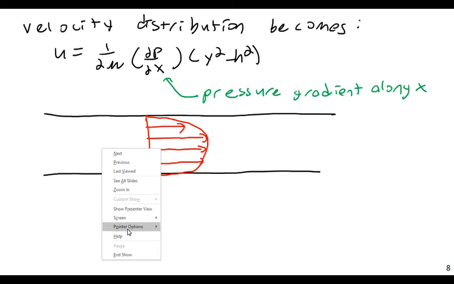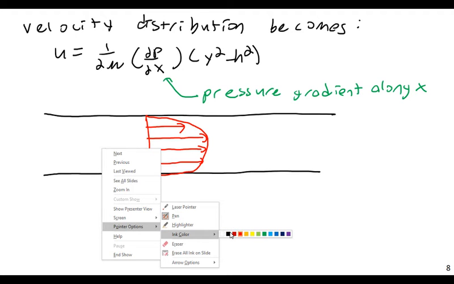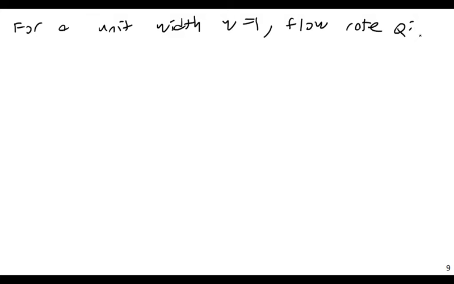All right, so we're not quite where we want to be yet. We still have some work to do. For a unit width of W, W equals 1, and flow rate Q, well, Q is going to be equal to the integral from negative h to h of u dy, and this is then equal to the integral from negative h to h of 1 over 2 mu